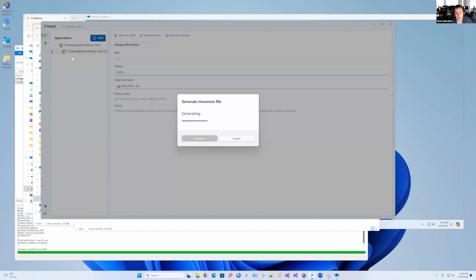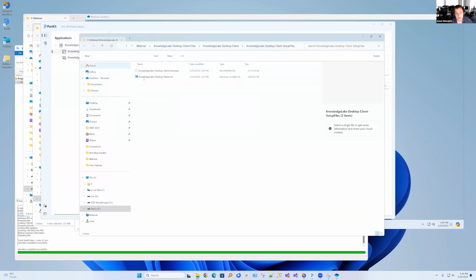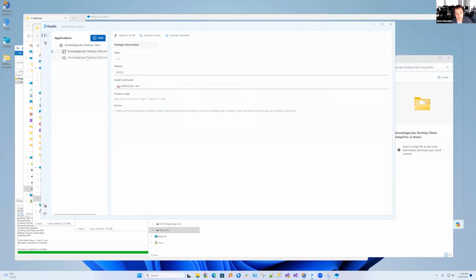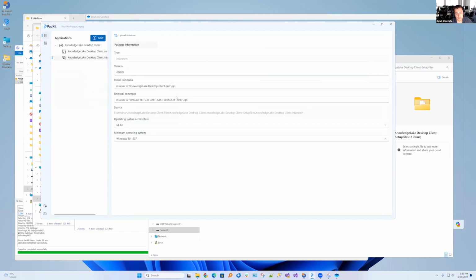And we will see that the Intune file will be added next to our application. So we have the first level, it's the application, then it is the MSI, and here it's our Intune file. It's right here, our Intune file that we've generated. And we can directly upload the Intune win file on the